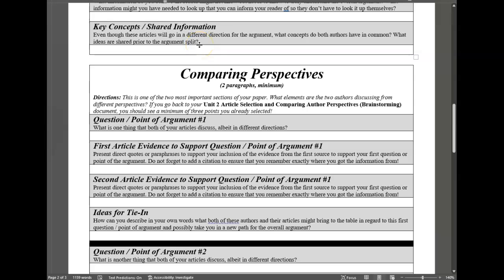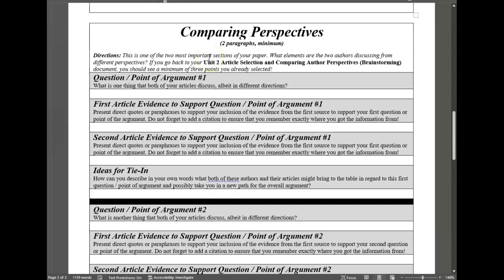The key concepts would be what are brought up that needs to be understood. This whole paragraph is about setting the stage for what comes next, okay? Then we get into our comparing perspectives paragraphs, 2 paragraphs minimum, and that graphical organizer you did last week, the